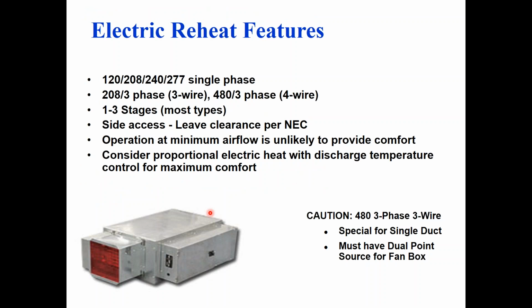Electric heat options are available in all of the voltages that you would expect. Most common is going to be 208 3-phase and 480 3-phase. You can get single phase for the smaller sizes if needed. If you have a weird 3-phase 3-wire, which does happen in the city of Chicago on occasion for some oddball buildings, that is available. You have to specify that way in advance. It is not easy in any way to convert 480 3-phase 4-wire into 480 3-phase 3-wire. So if you've got a weird 3-phase 3-wire building, you need to tell everybody that up front and tell them